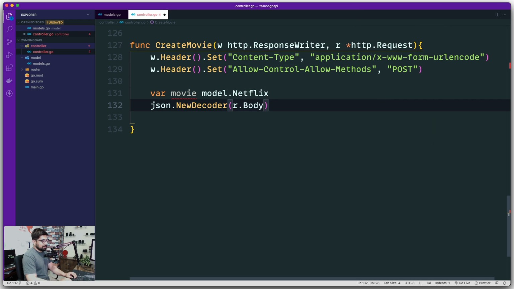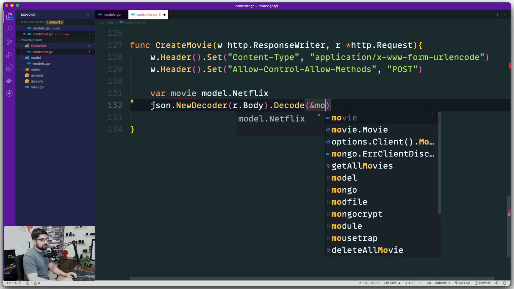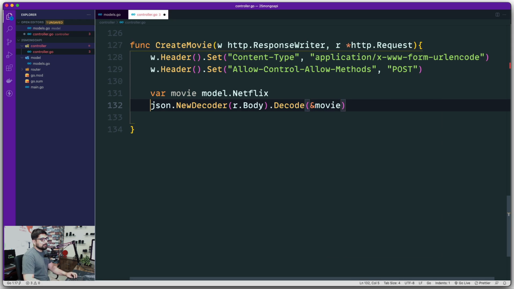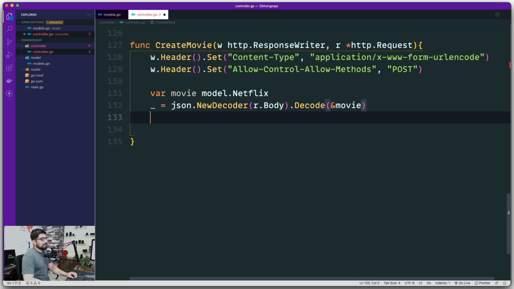Now, once you have done that, please go ahead and decode it for me. The decode requires me to pass a reference of the structure. So I'll say, hey, this is your data. Now this may potentially give you some errors. We are not worried about that. We'll just ignore that. And what we need to do now is take this movie, send it to the helper